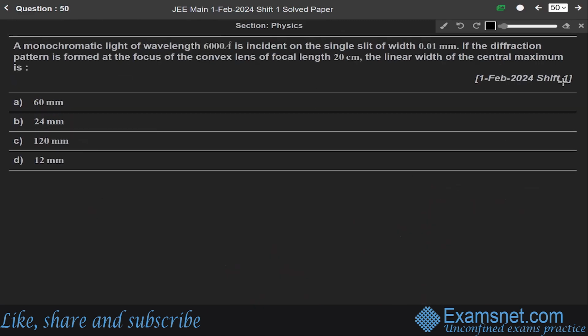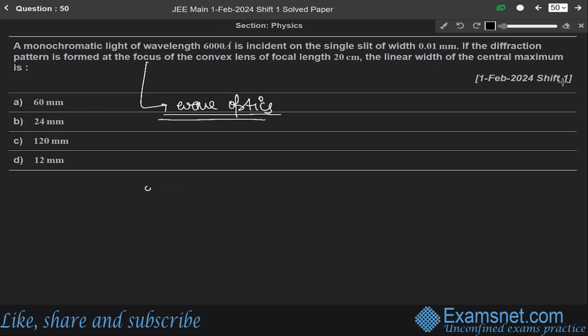Now next question 50. A monochromatic light of wavelength 6000 angstrom is incident on a single slit of width 0.01 mm. If the diffraction pattern is formed at the focus of the convex lens of focal length 20 centimeter, we have to find the linear width of the central maximum. So this question is from the chapter of wave optics. So for the linear width of the central maximum,